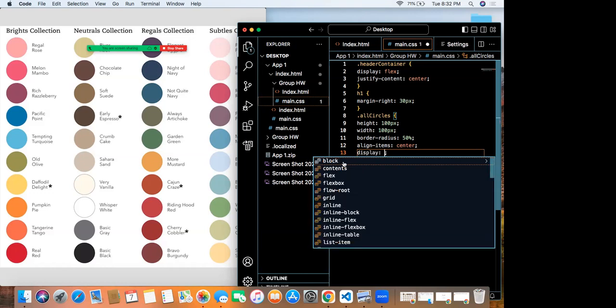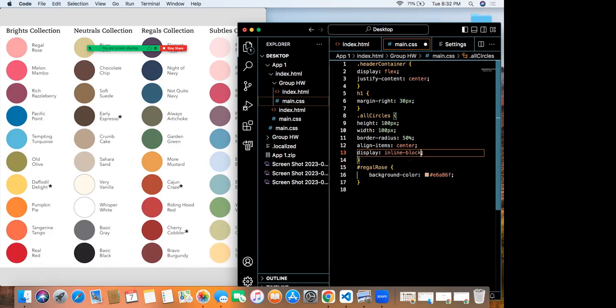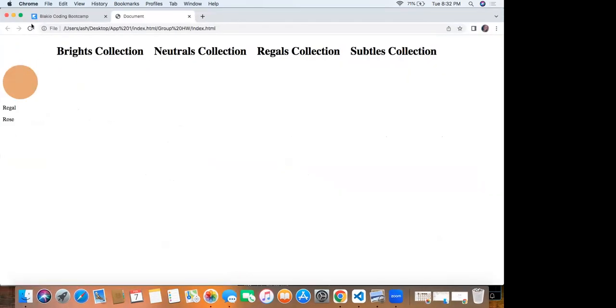Display. So it's currently a block element. We want to make it inline-block. Yeah, I think this should do. And what does inline-block do? I'm not familiar with this one. A block means it's going to occupy the entire block. Imagine the block is the width of your website or your page.